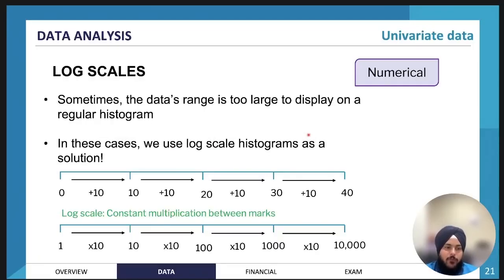Okay, so another type of graph that you're going to see, and we're going to come back to this when we talk about data transformation, is the log histogram. So the log scale, if you're not familiar with the log scales, is usually used to simplify really large values. So first of all, I'll quickly explain what log really means. Let's just say if we have 10 to the power of 2, which equals 100,